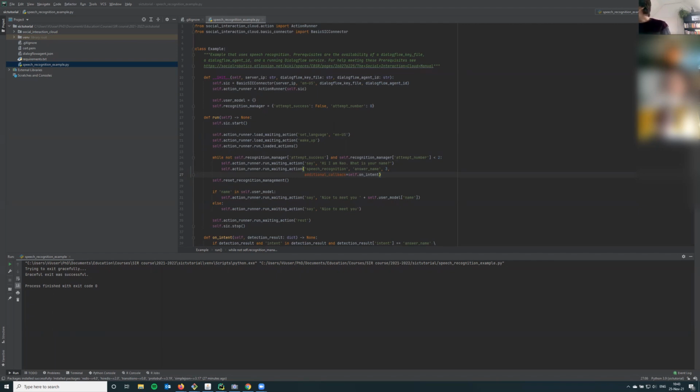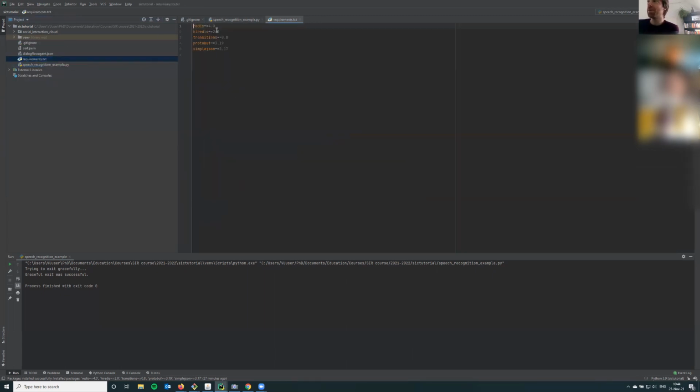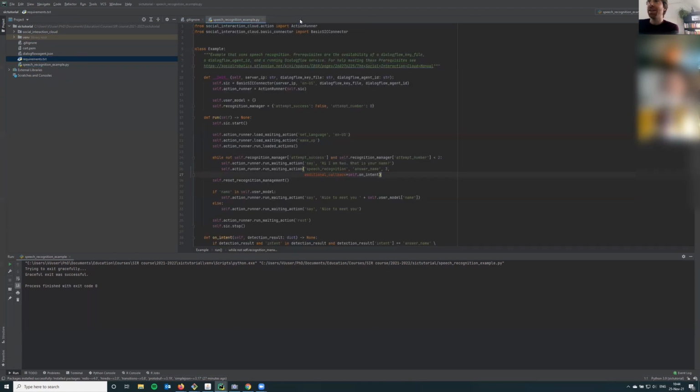So what I have set up so far is a Python project here. I'm using PyCharm, and I have the Social Interaction Cloud code here. I've installed all the requirements specified here. And the only example that I've left in here is the speech recognition example. I will go through it, but then afterwards I also will create new code